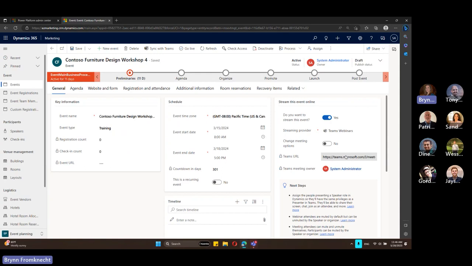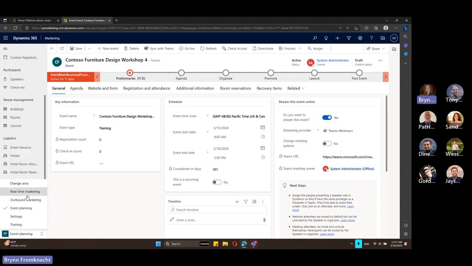The second awesome thing about having the Teams integration here for events specifically is that if I were to go into my customer journeys and build out a customer journey where, let's say you go to my web form, you enter your details. Bryn, I would love to register for your event. Here's all of my information. I could kick off a customer journey where I say, okay, everybody who submitted that form, I want to send them a save the date, or I want to send them the email invitation to the actual online meeting. The link that gets put in, so if I were to go back to outbound marketing,